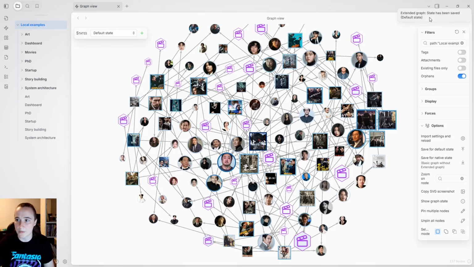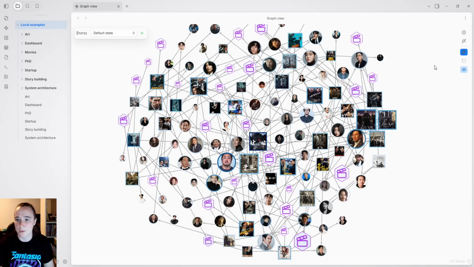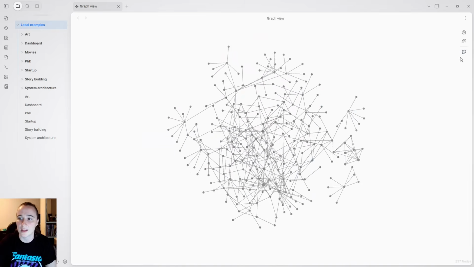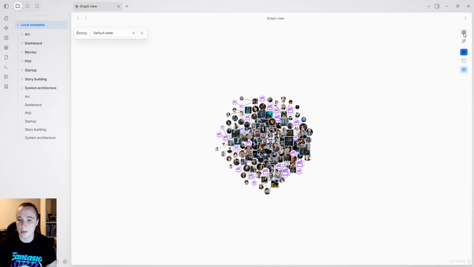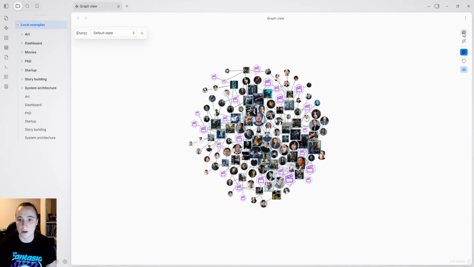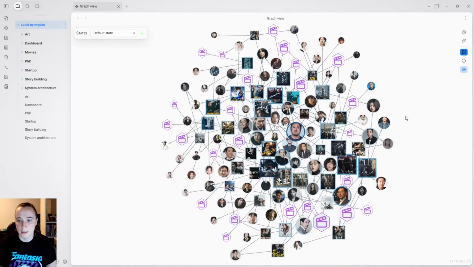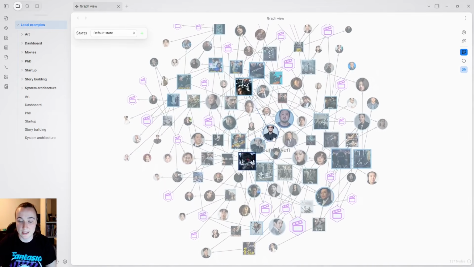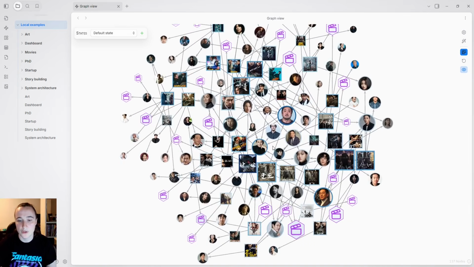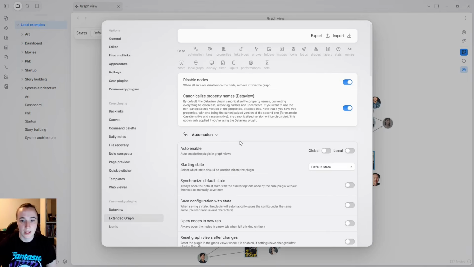So for example, if I do that, now the state has been saved, and if I reset, I won't have all of the other nodes that I'm not interested in. See, I can disable that, enable it again. And because by default I've asked for this filter here to be active, it will load it. So yes, the closeness centrality is saying something else again. You can have information about all of those metrics online, and